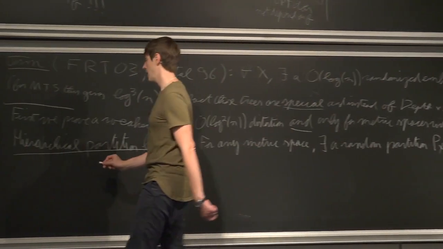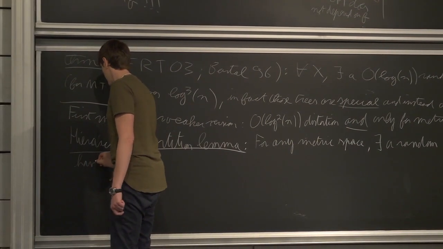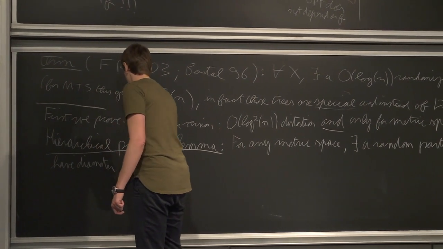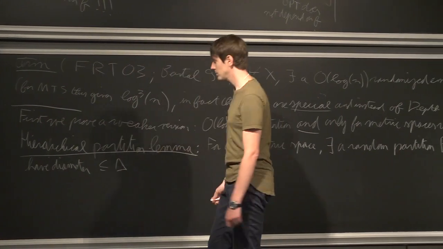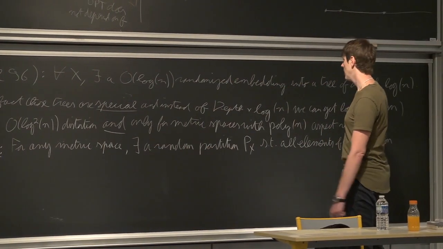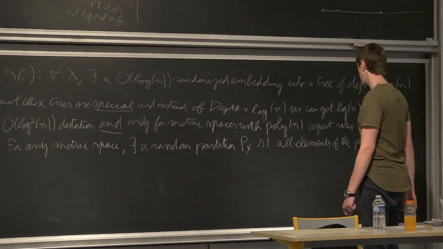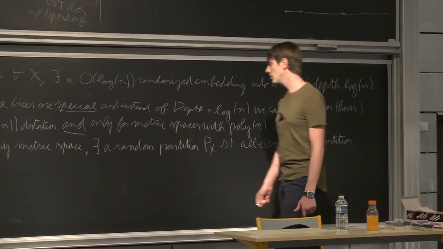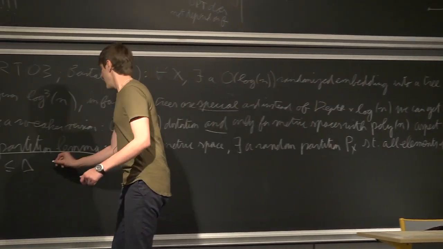Okay, they have diameter less or equal than delta. Okay, so delta is something fixed that you fix first. So for any metric space, there exists a random partition with all the elements of this partition with small diameter, and such that